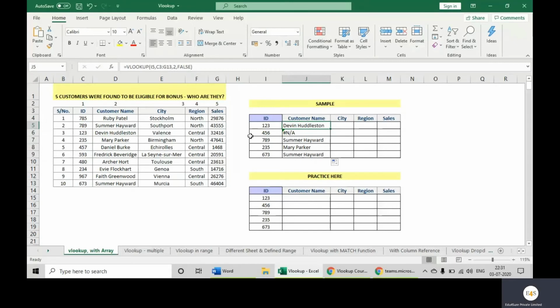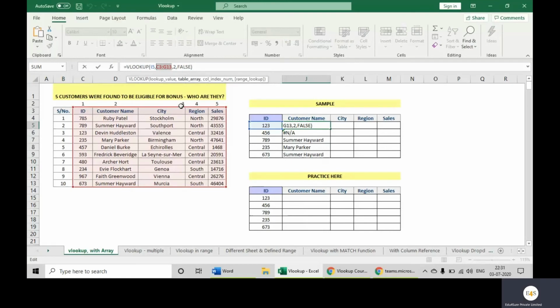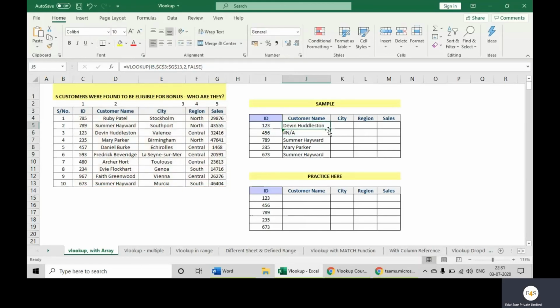As we know that the table array is fixed, it will remain the same for all the IDs, so we can fix it as well. Put the cursor at the end of the cell name and press F4. It will add the dollar signs and the cell will be frozen. Press enter. It's not going to change anything, we are just fixing the value which is not expected to change when we drag it down. We have not fixed I5 obviously, because it will change in every row.